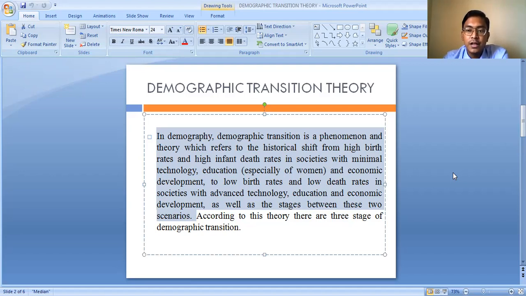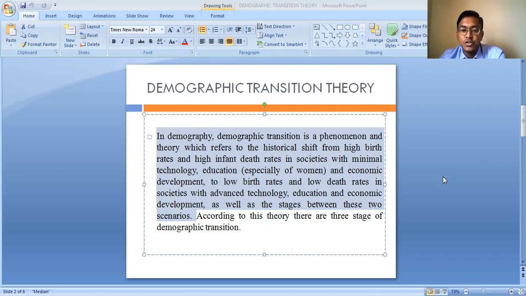Basically, it tries to show how there is a historical shift of the population from an uncivilized society to a civilized one, from a society where the birth rate and the death rate were very high to a society where the birth rate and the death rate have declined. It also tries to show how a country has progressed from illiterate to literate,